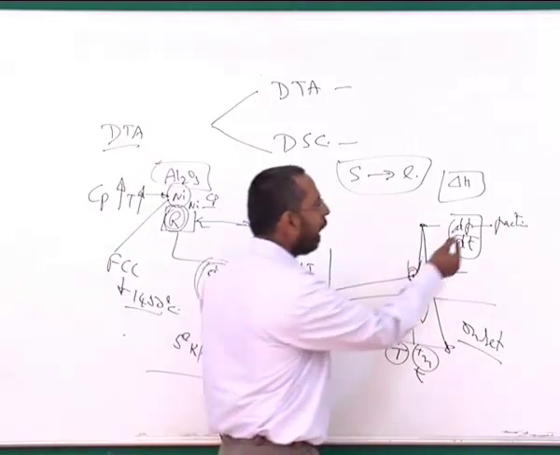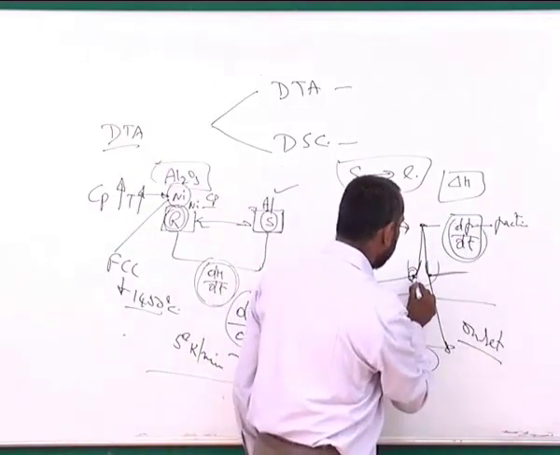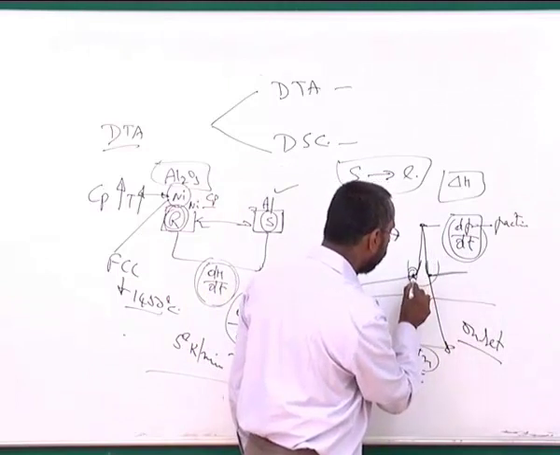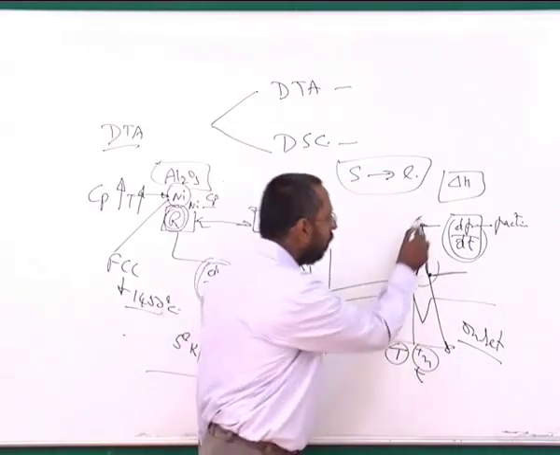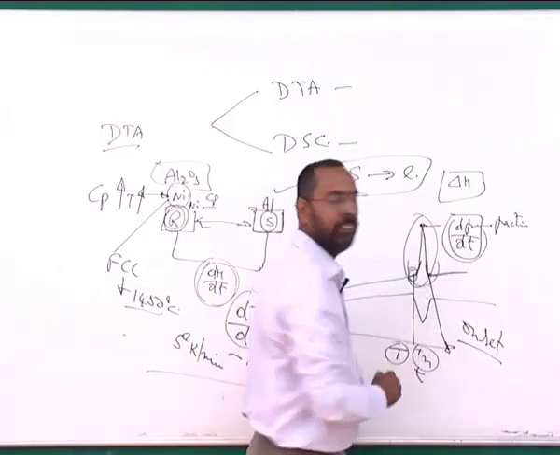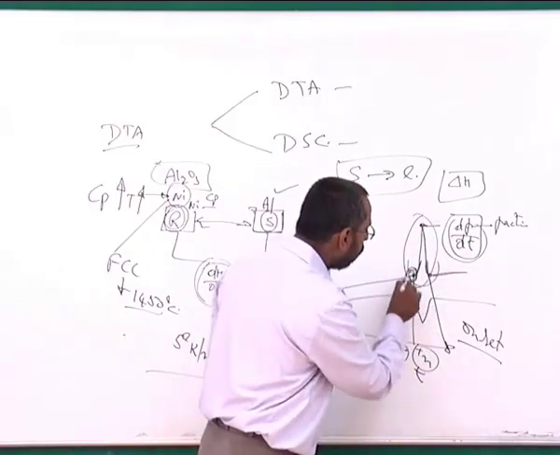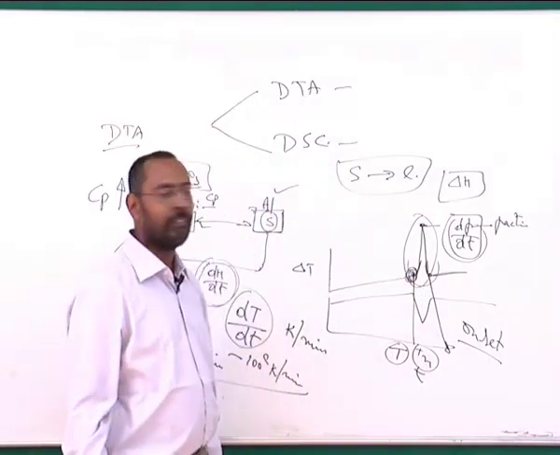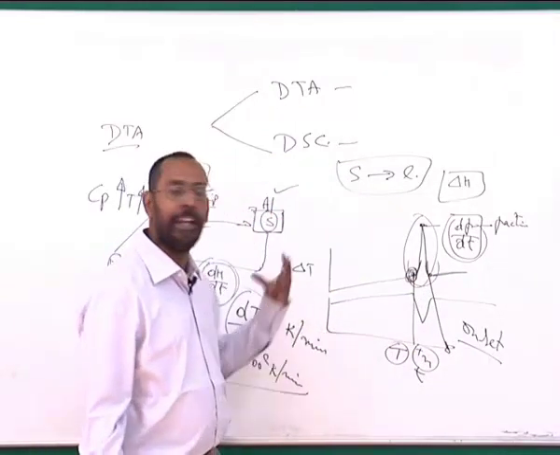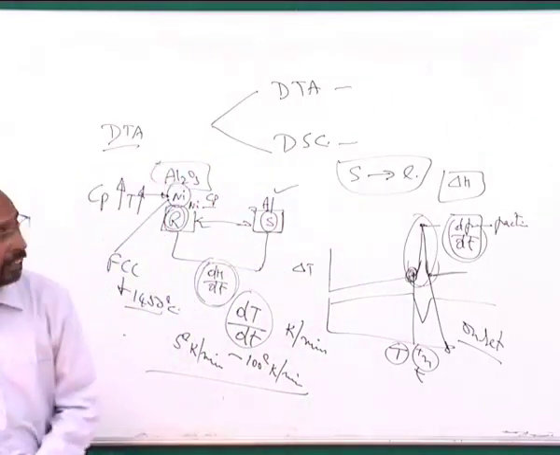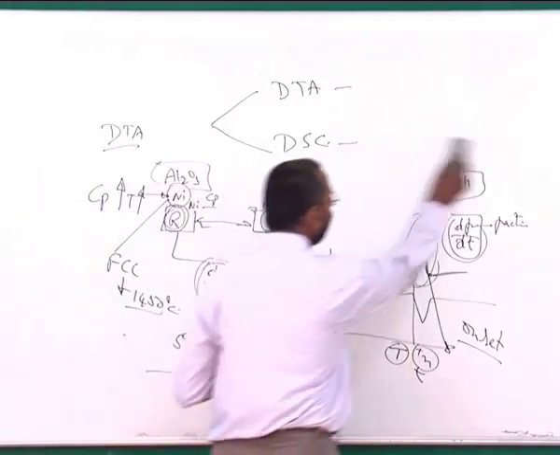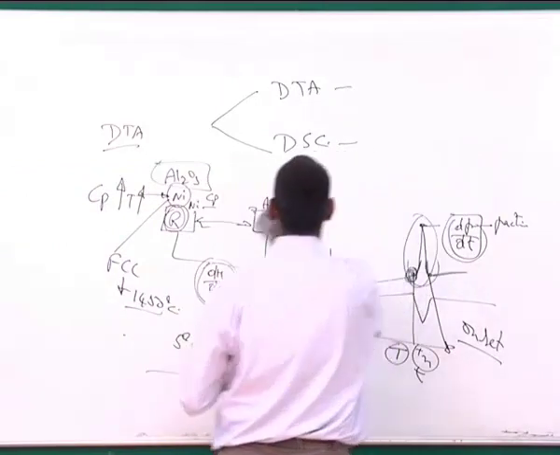Within that time interval, this is the start of transformation where the liquid just starts forming, and here is where the liquid is complete. So you will see that there is a peak that is achieved, and by looking at this particular onset of transformation, one can get an idea of what the transformation temperature is. We can not only get the transformation temperature, we can also get the kinetics of this transformation.